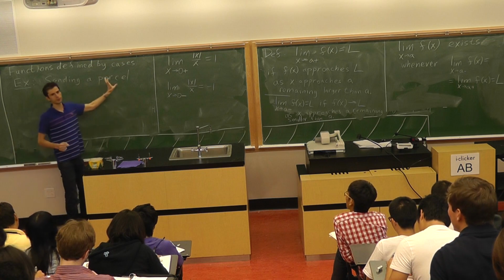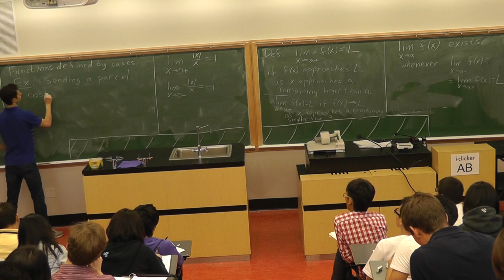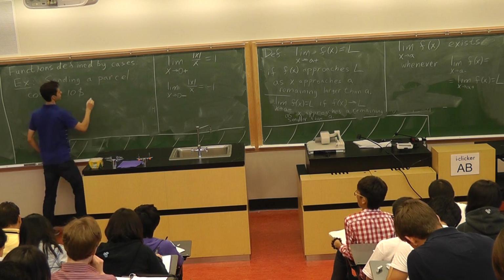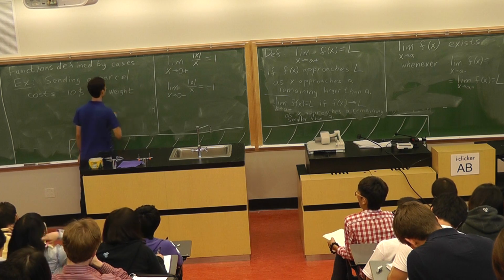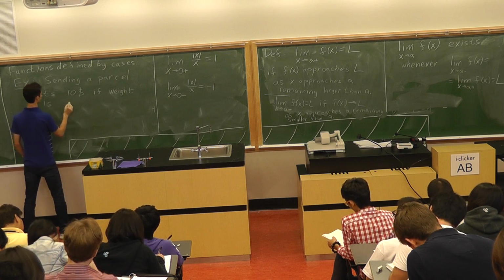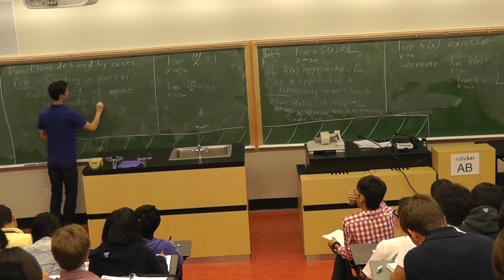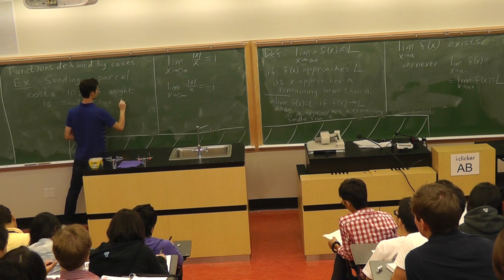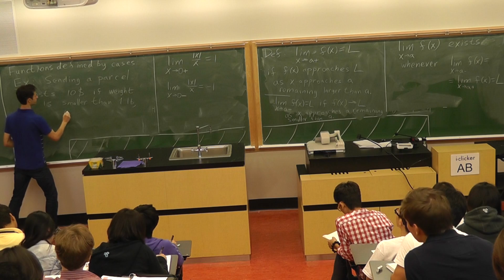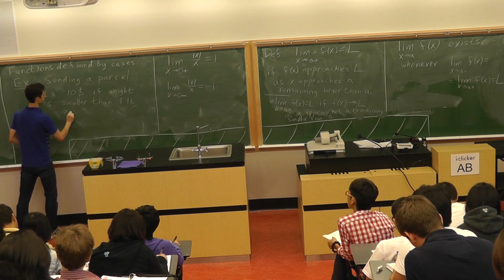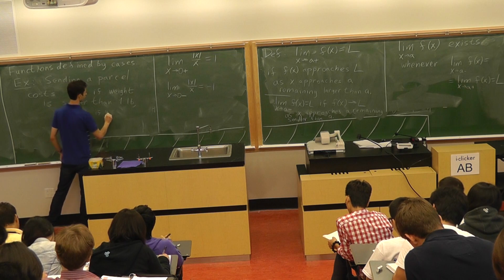So we know that in some post office, sending a parcel costs $10 if the weight of the parcel is smaller than 1 pound. It costs $20 plus X if the weight X is